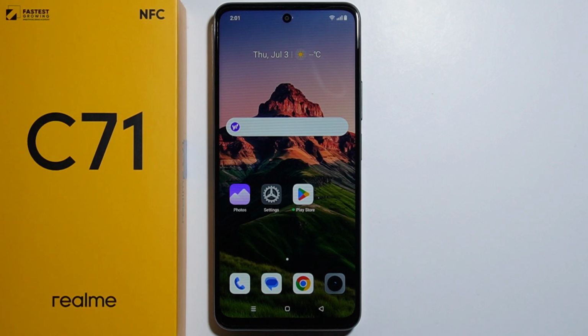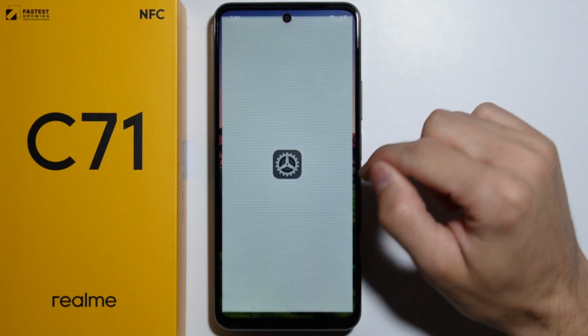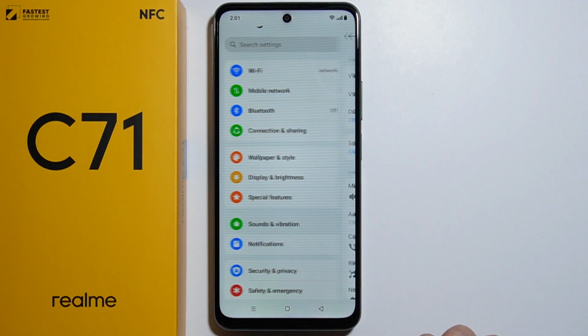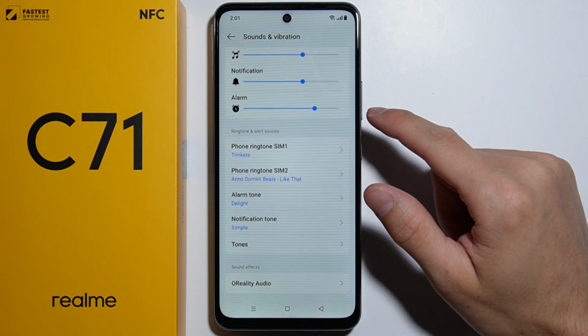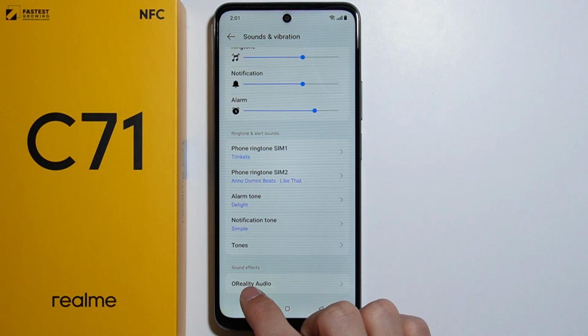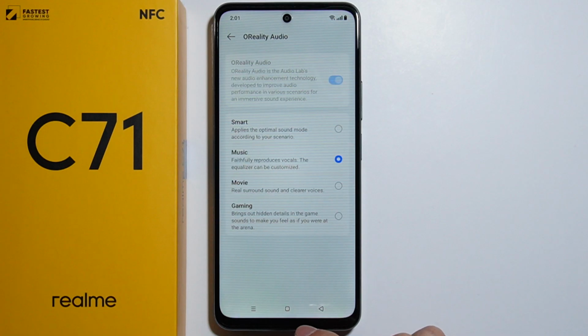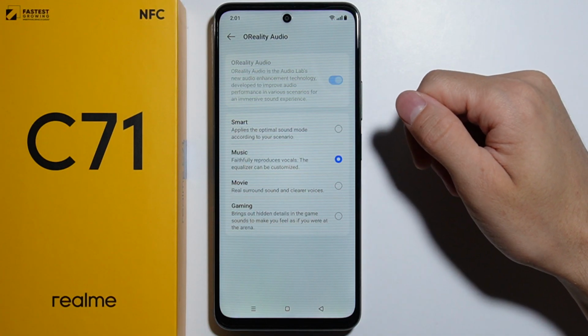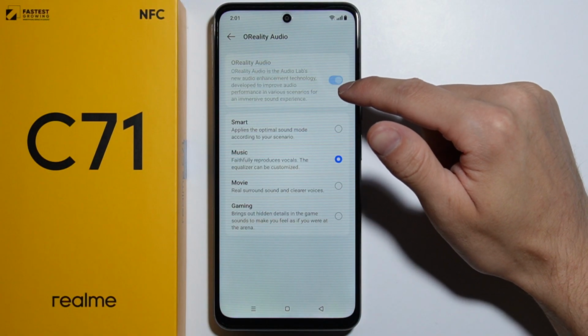To find the sound equalizer on the Realme C71, first of all you will have to go to the settings. From here you have to go into Sounds and Vibration, scroll all the way down, and here you can find Reality Audio. And as you are here, you can find 4 different presets basically, and the Reality Audio function, but it